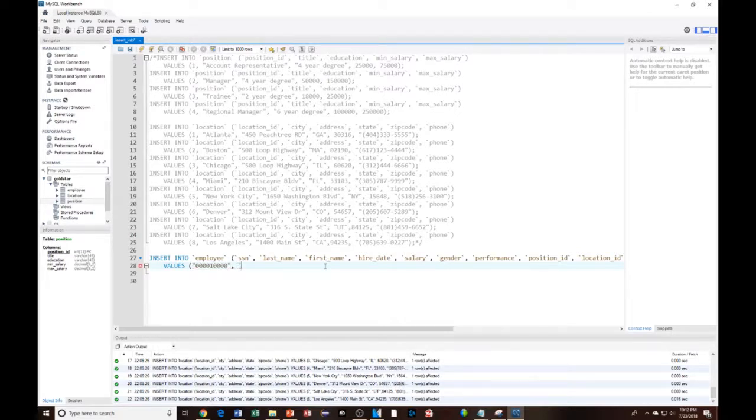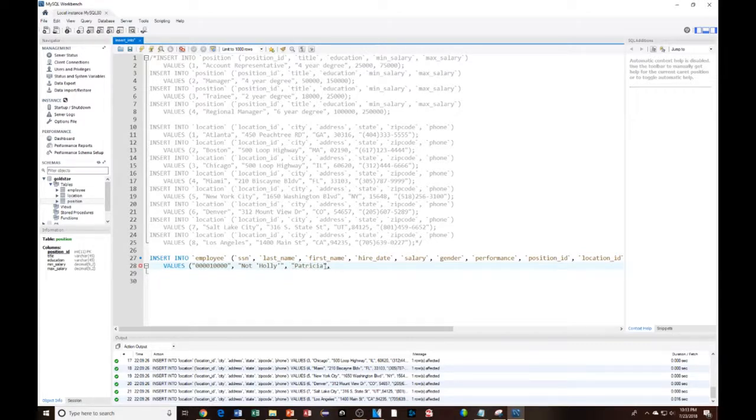Followed by, we have another string. This is the name of the person. Now here is an example of where I show the use of the single quotes. So here we have a person's name. It's also set up this way to demonstrate something when we're doing the data retrieval queries. So not and then Holly is in single quotes. So the string itself contains quotes. So not Holly, where Holly is enclosed in single quotes and the whole string is enclosed in double quotes. The first name is Patricia,